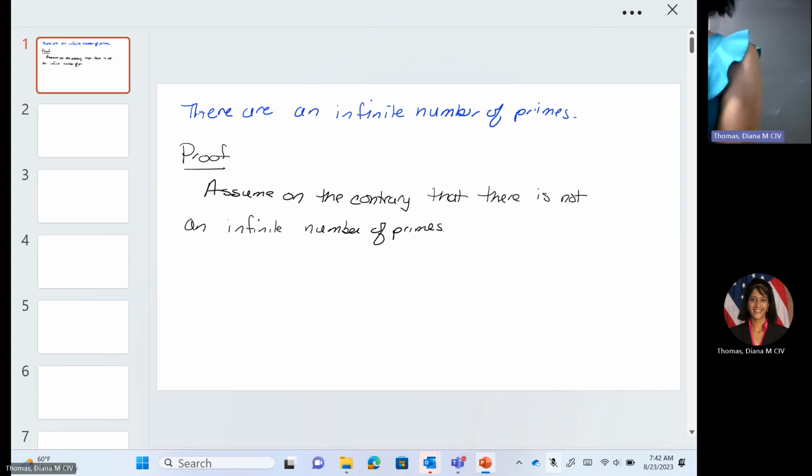So assume, on the contrary, there's not an infinite number of primes. If there's not an infinite number of primes, I can actually list them all. There's a first one and there's a last one. There might be a billion, a finite number of primes, but I can actually list them all. So then, I don't think I wrote this for you guys initially, but I can list them